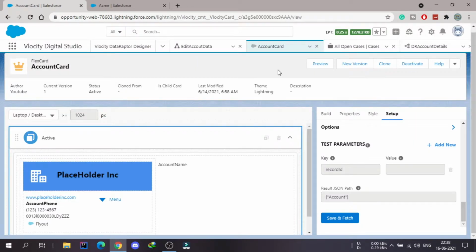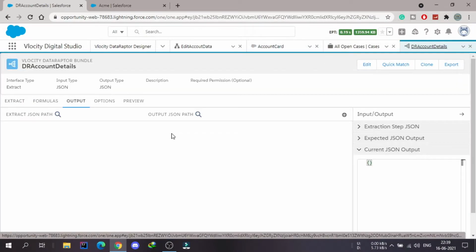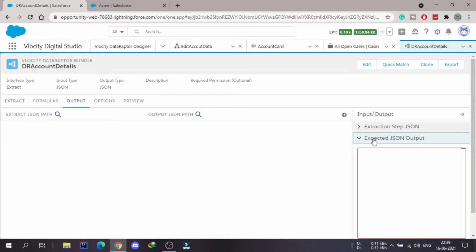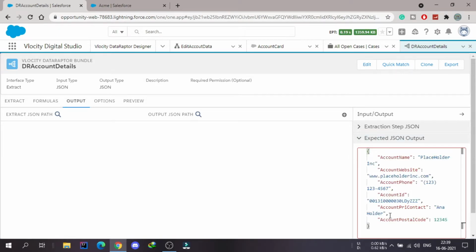and if I go back to that data raptor, so basically there are two ways to extract the data here. One way is if we already have the JSON which we are going to use in the card, like I have the JSON which I need to use, so I can copy that JSON, and inside this expected JSON output I can paste that. Okay, if I paste this, I just need to go to the quick match,